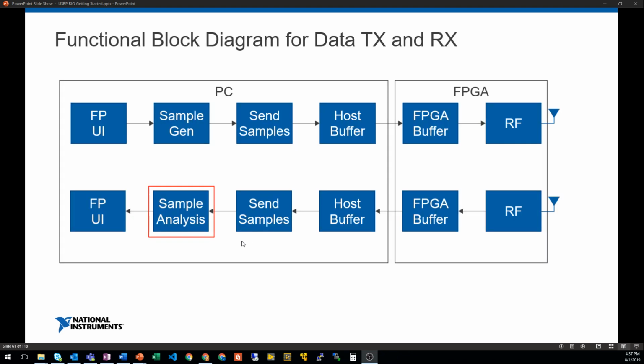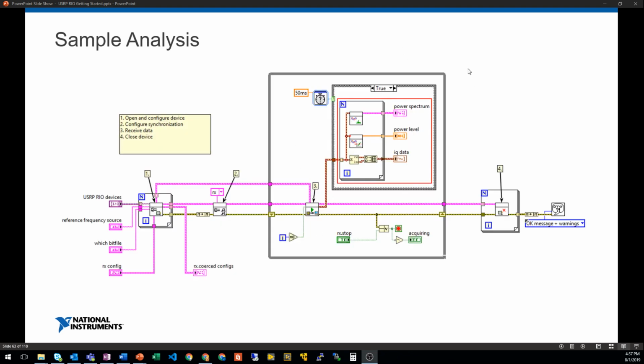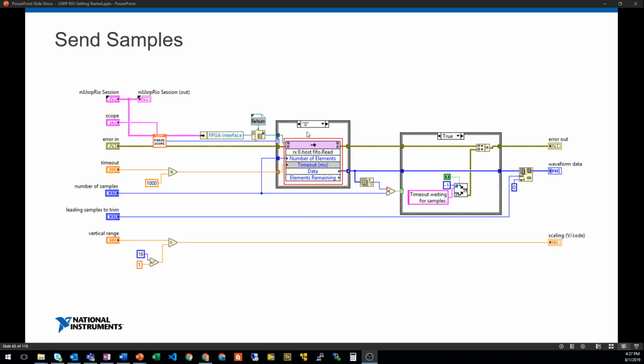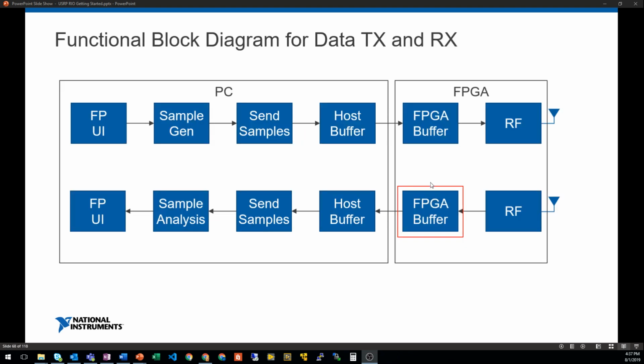So the front panel UI is going to be the same thing, right? There's one UI for everything. For sample analysis, we have these tabs here, and the sample analysis is coming here. If you open up the other project, there's the TX project and the RX project. In the RX project, you'll get the samples here, and then we do some stuff on the host to get a power spectrum, some power levels, and then just show the raw IQ data. And then sending samples will look like this. If you click into all the VIs, you eventually get to something like here. That's the host buffer. We set the host buffer the same way, it's just on the other side. And then the FPGA buffer,